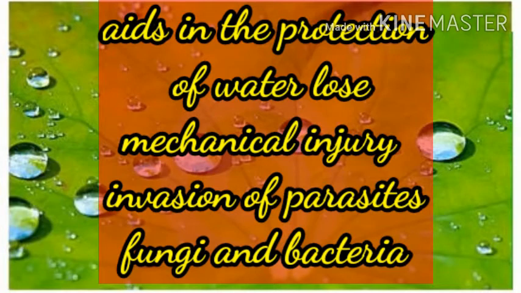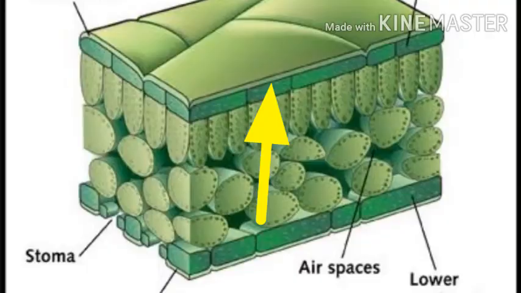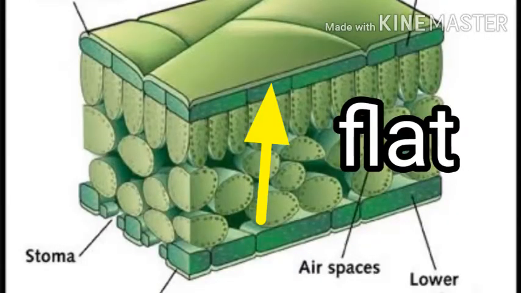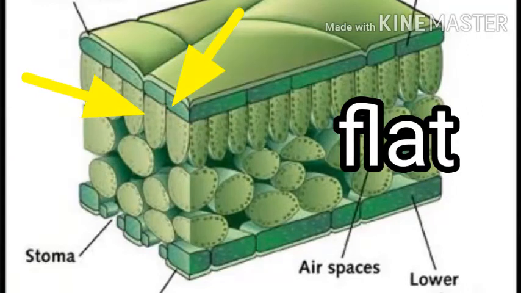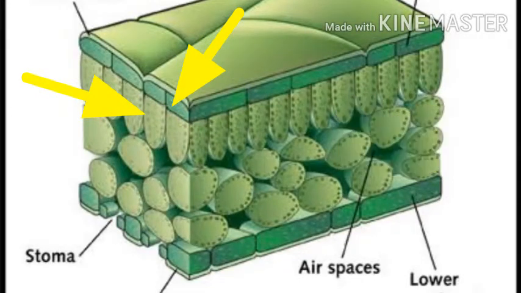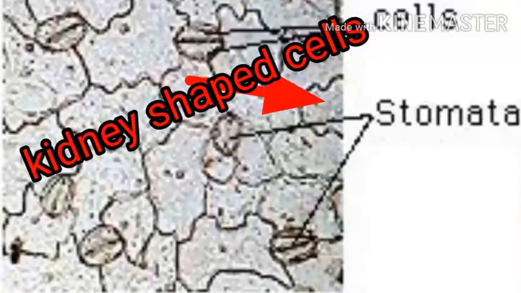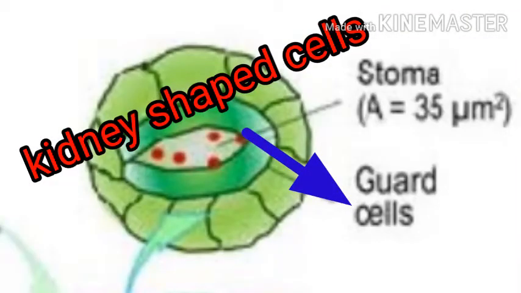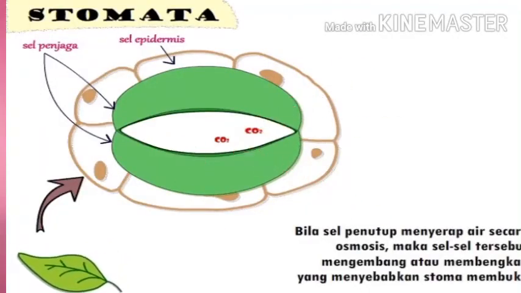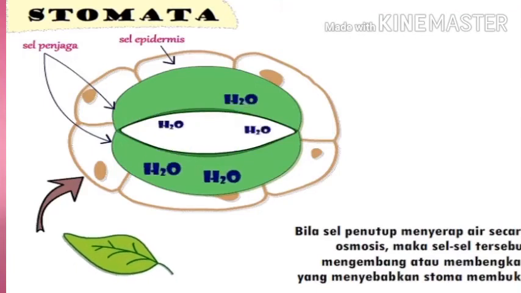As their main function is to protect the cells of these tissues, they form continuous layers without intercellular space. They are relatively flat. Often their outer and side walls are thicker than the inner wall. If you observe the leaf, it contains many pores here and there. These pores are called stomata. Stomata are enclosed by two kidney-shaped cells called the guard cells. They are especially helpful in exchanging gases, oxygen and carbon dioxide, with the atmosphere, as well as in transpiration.